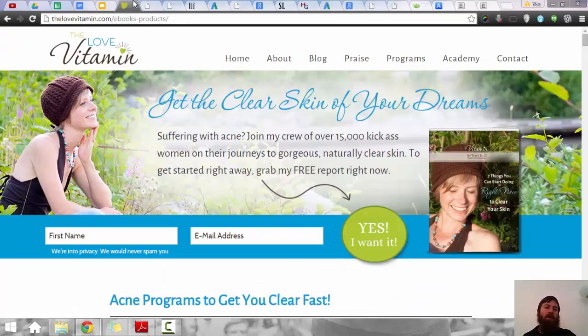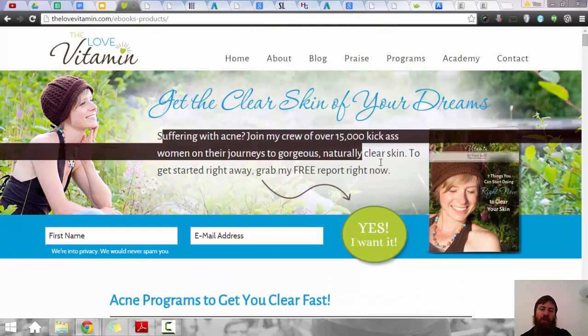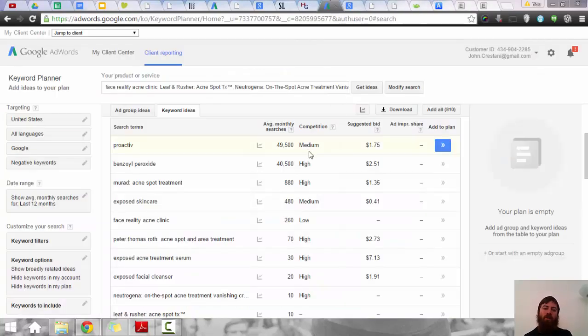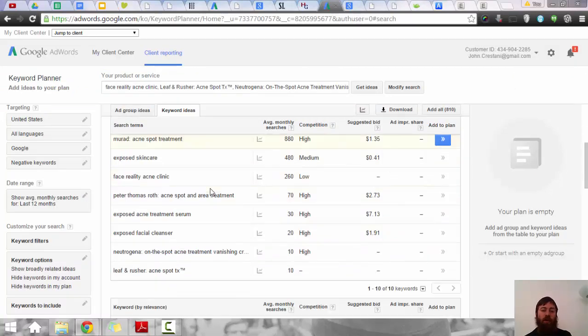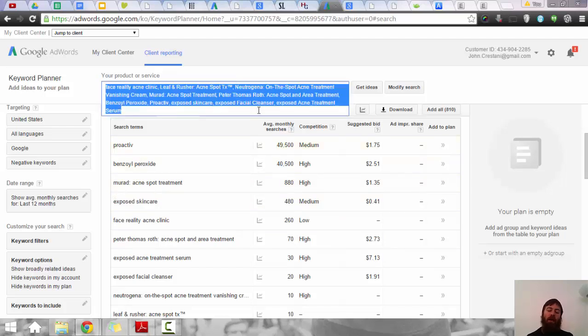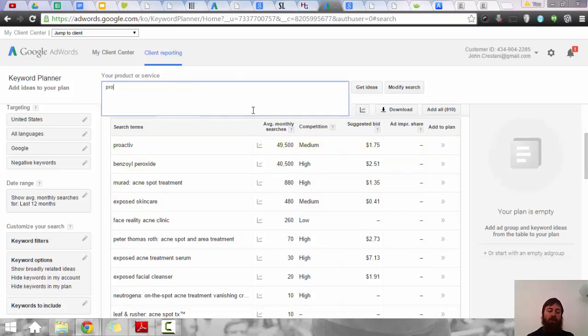Because what the Love Vitamin says is they sell these ebooks that show people how to make their own acne treatment or do it themselves. So that would be the way I would go on this. And I'd continue doing, and I'll go more into this keyword research, but I would definitely focus on some of these companies, Murad, Exposed Skincare, maybe get a little more specific with Proactive related terms,